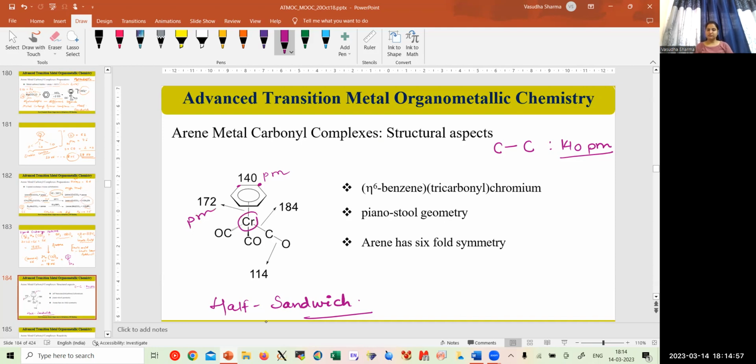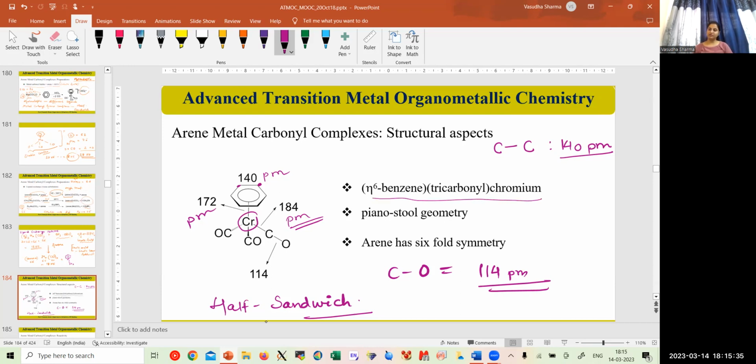And chromium with the carbon of the carbonyl, because there are three different kinds of carbon: carbon of the arene, carbon of the arene, and chromium with the carbon of the carbonyl. So this is 184 picometer. The longer the distance, the lesser the bond strength. So this is just a structural aspect of it. And the carbonyl C and O bond distance is 114 picometer, which is the strongest bond among all of them. So this is eta 6 benzene tricarbonyl chromium, the name of this particular complex, which has a piano